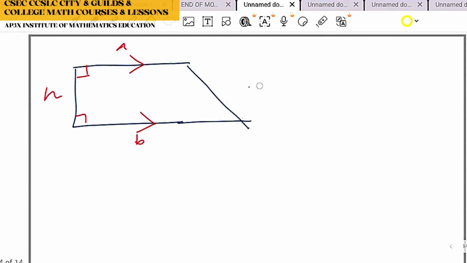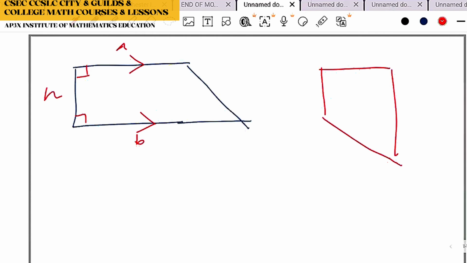Here's what my biggest fear is when it comes to students that are doing crash course mathematics. A teacher will draw the diagram looking like this. And then on the exam or on the test, the teacher draws the diagram looking like this. And then the student will wonder what kind of shape that is. And then when you ask them to identify A and B, they just pick any side for A and any side for B. So pay attention, guys. This is the parallel side.